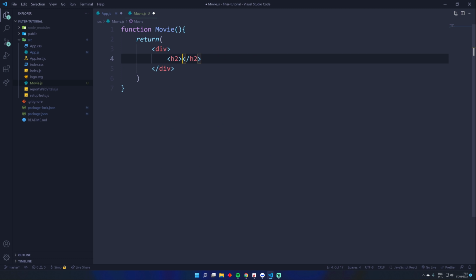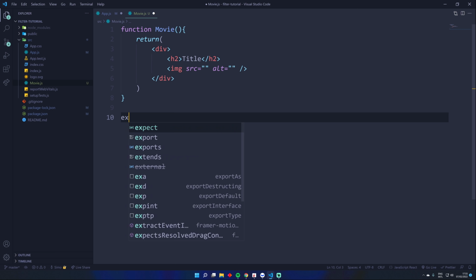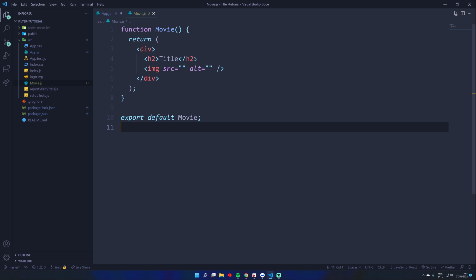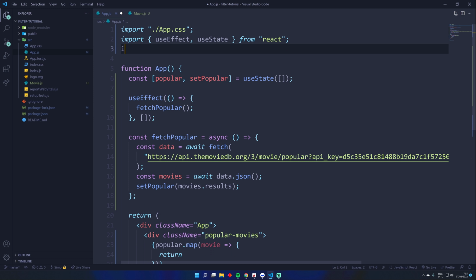And I'm gonna have an h2 here called title, and then we're gonna add an image, which is not gonna have a source yet. And that's it, super simple. And then I'm gonna export it, default movie. Okay, so we're creating a component that just returns us a div. And then we're exporting it so we can import it up here. So import movie from